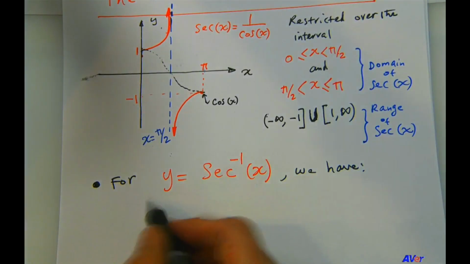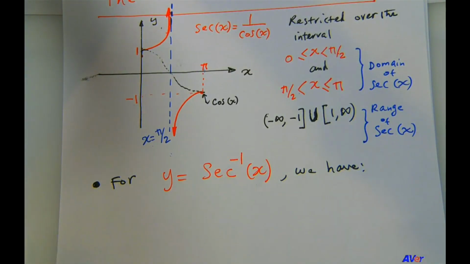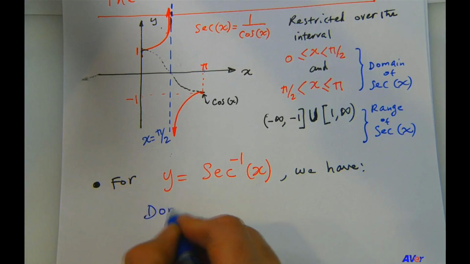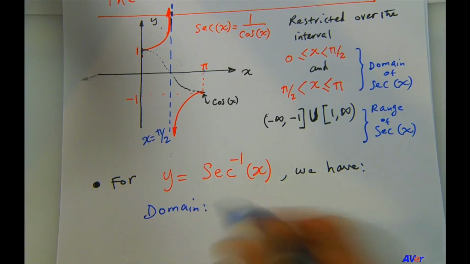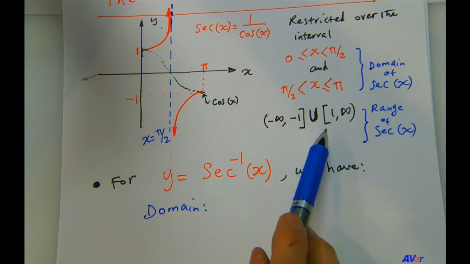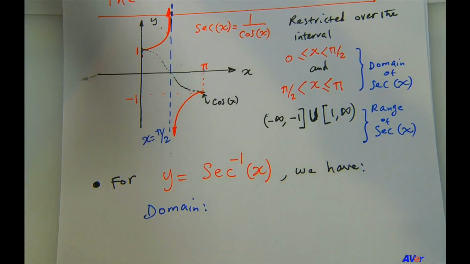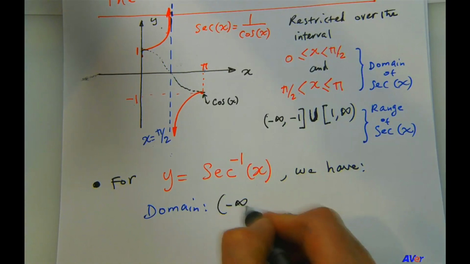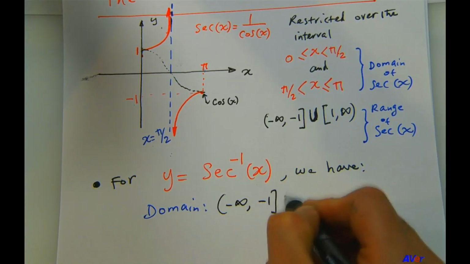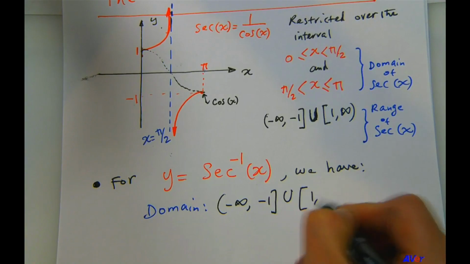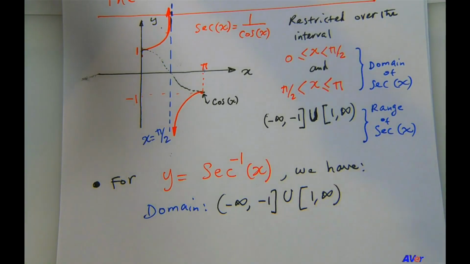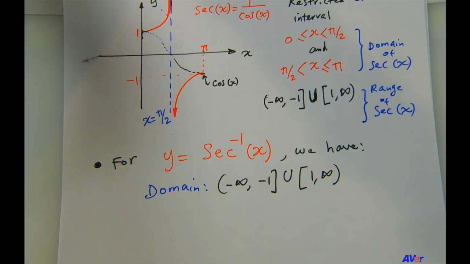So we're going to say the domain is going to be the range for the secant function. So it's going to be negative infinity to negative 1 bracket union 1 to positive infinity parenthesis, and range